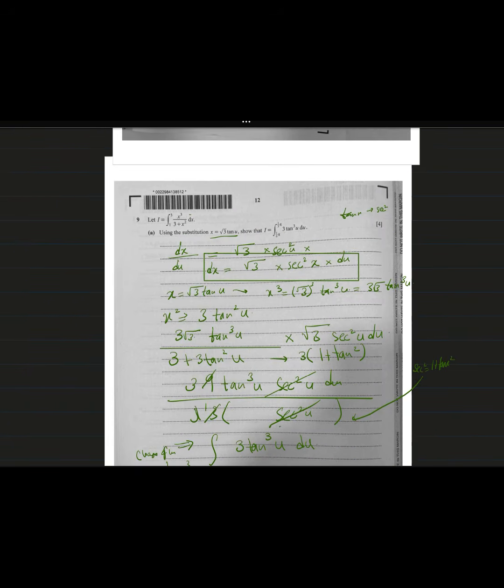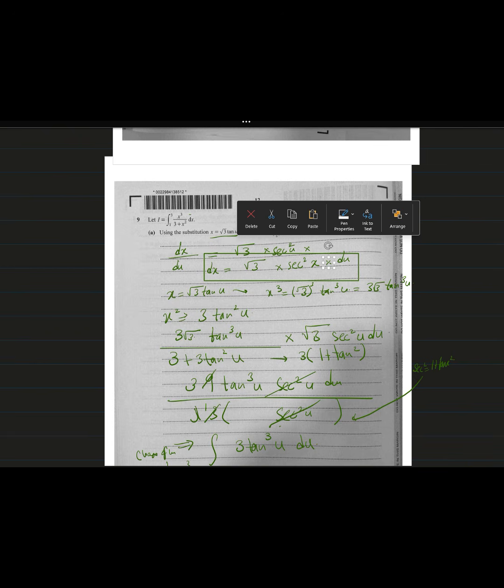Moving on to the second part, hence or otherwise find the exact value of I. Give your answer in the form of P plus Q ln R, where P, Q and R are rational. So this is our integral, so we'll integrate it normally. The integral from pi by 6 to pi by 3 of 3 tan cube u. Now we can take 3 outside, so it will be 3 times the integral of tan cube u du, and to integrate